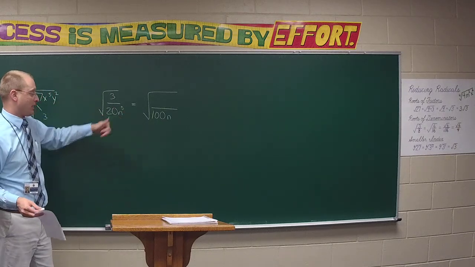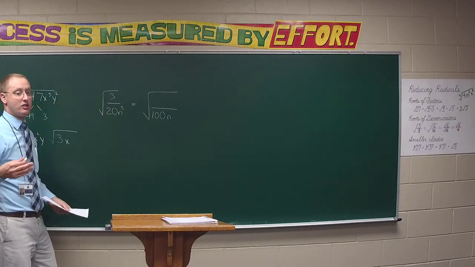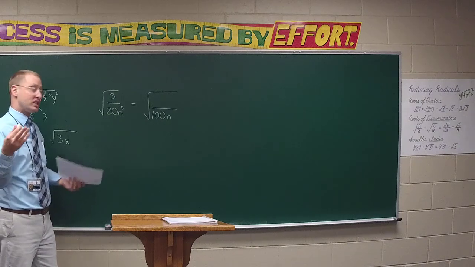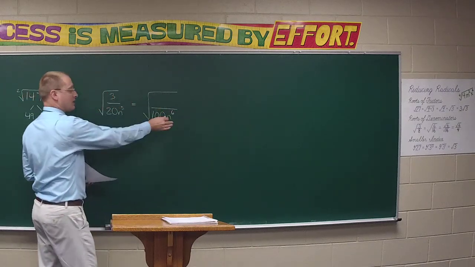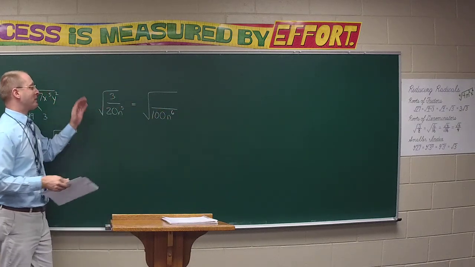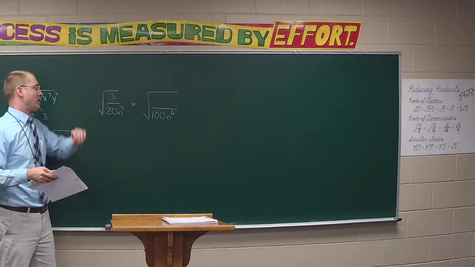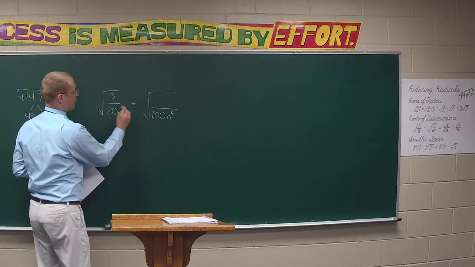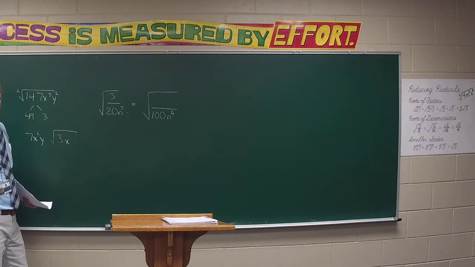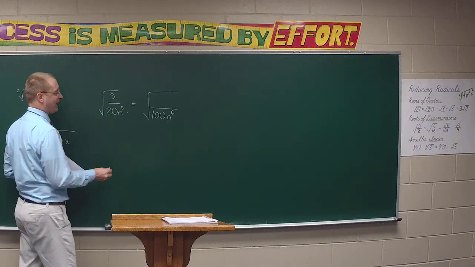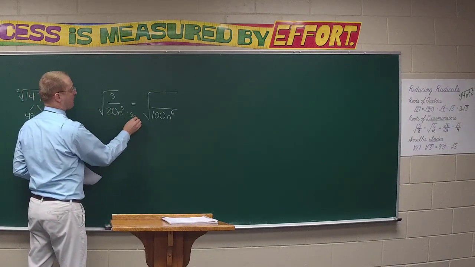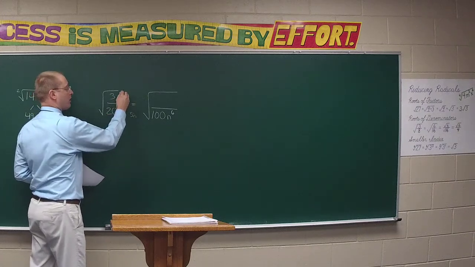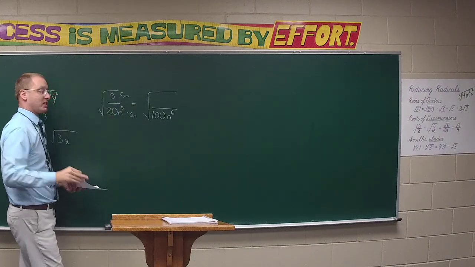So 2 needs to go into 5 evenly, but it can't, right? So I can't take the square root of n to the 5th. So instead we'll make this maybe an n to the 6th, because 2 can go evenly into 6. But we can't just magically change it. We have to change it mathematically. So when we mathematically change it, back to Audrey, we would multiply the bottom by 5 n, and the top, of course, by 5n also, because what we do to the bottom we have to do to the top, to get a numerator of